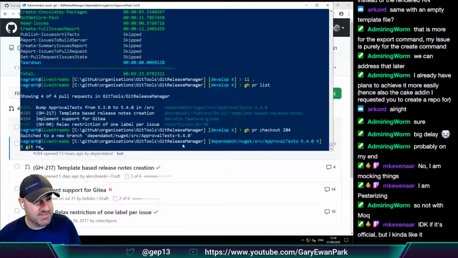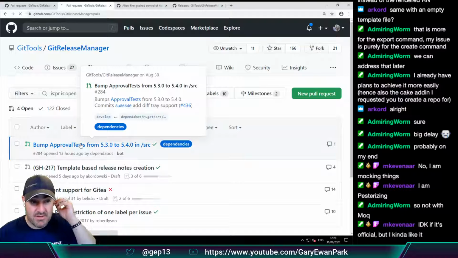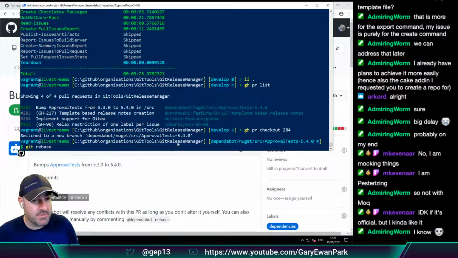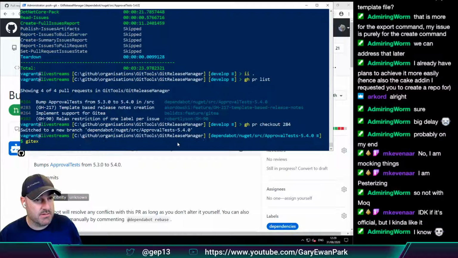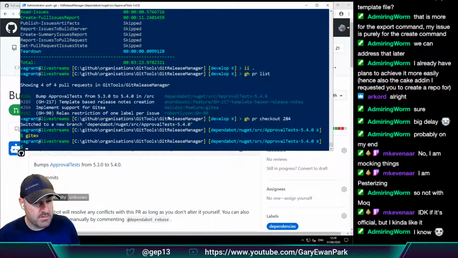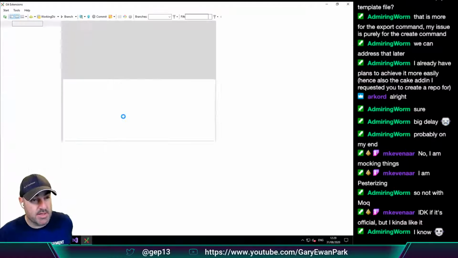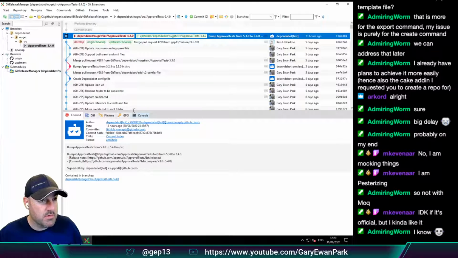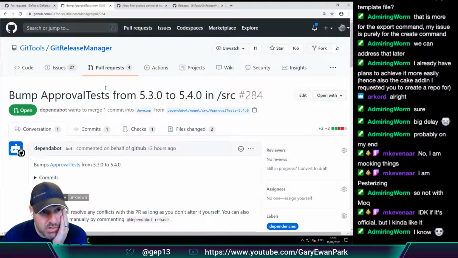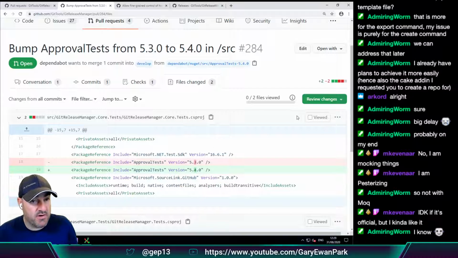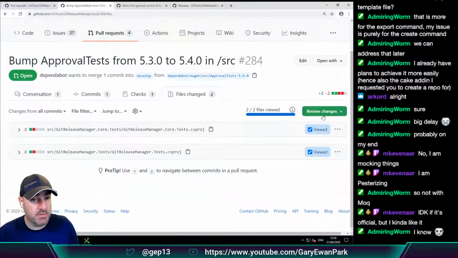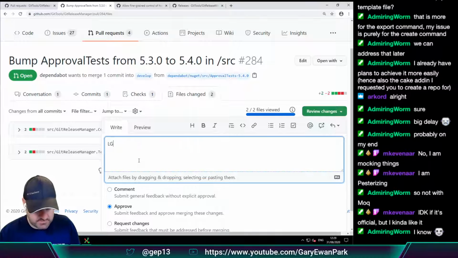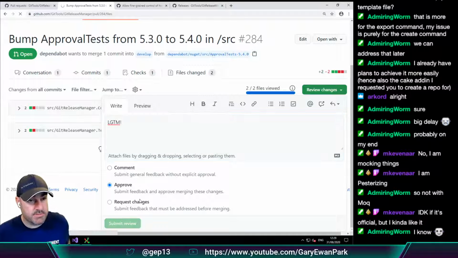I'm just going to make sure that this is rebased. Oh, this is a Dependabot one, so I could ask it to do it as well. But let's just check. I think it's maybe already at the head. Let's just check. Yes, so let's just have a look and see what it did. So this was ApprovalTests. That's one that we use as part of our build. So that's just bumping there. So I'm happy with that. And then submit.